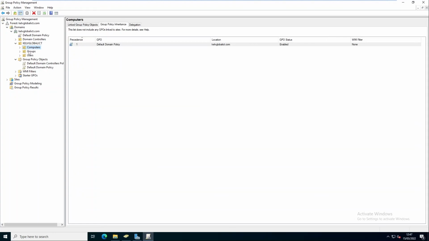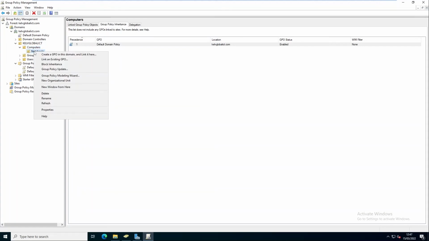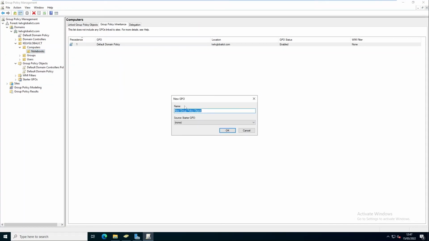But what I want to do right now is the following. I want to create a policy whereby I deploy Microsoft Teams to all my client devices. So what you need to do is right click on the organization unit and click create a GPO in this domain and link it here. So let's click on that. We're going to give this GPO a name. I'm going to call this Microsoft